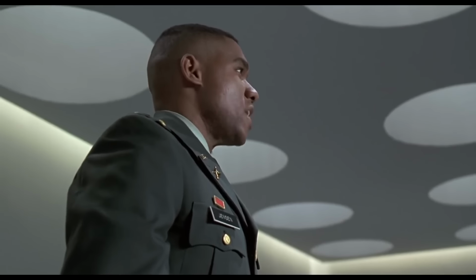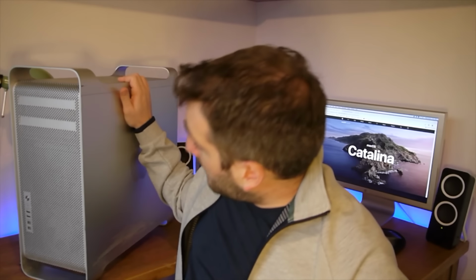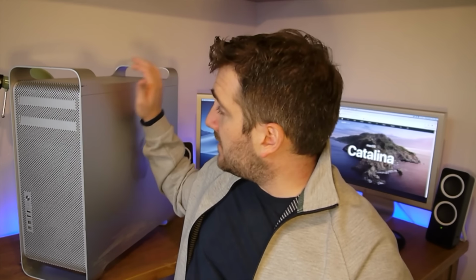So what I have chosen is the best of the best of the best. That's right, I've chosen the best of the best Mac you could possibly get of the unsupported line, and that is a Mac Pro. This model here is a 2009 model, and it is of the 4.1 model. But what I have done is a firmware upgrade to this model already, so it acts like a 2012